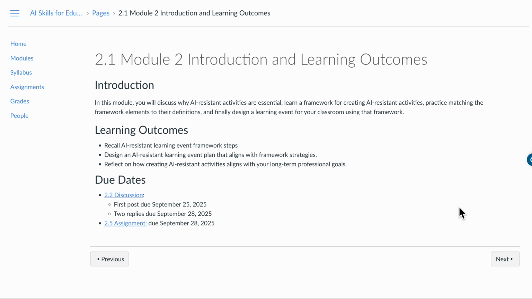In this module, we're going to discuss why AI-resistant activities are essential. You're going to learn how to create them, learning a framework for creating AI-resistant activities in your classroom. You'll practice this by matching framework elements to definitions, and you'll design a learning event for your classroom using this